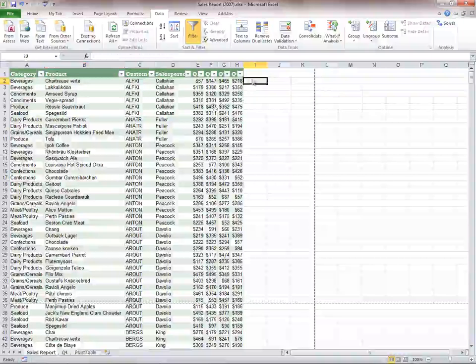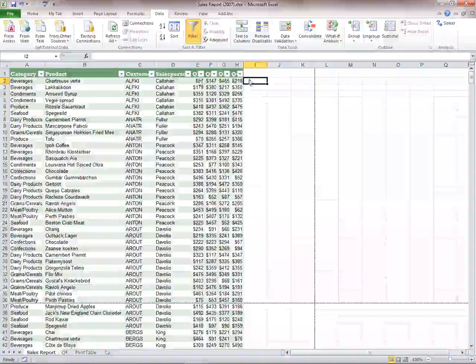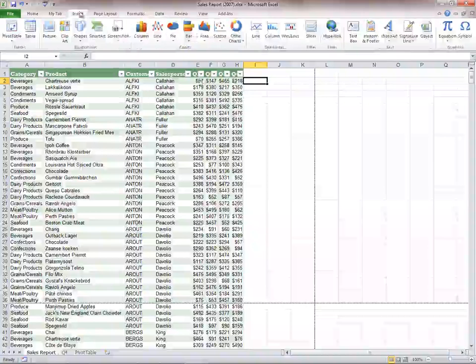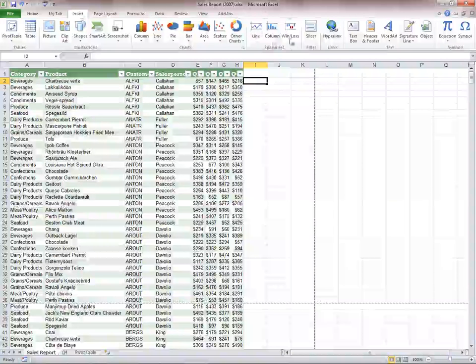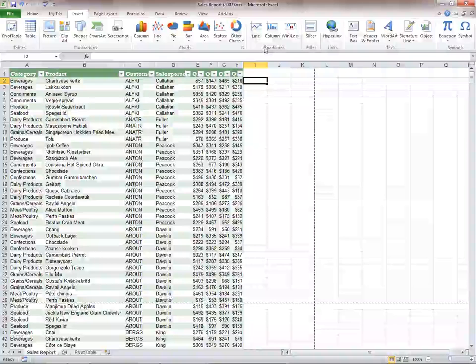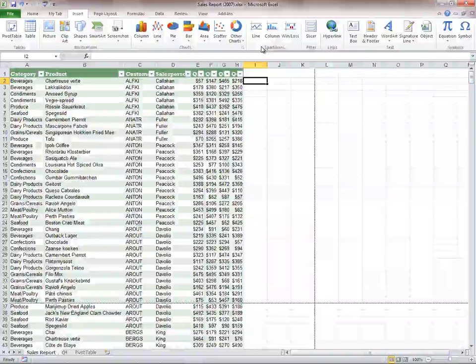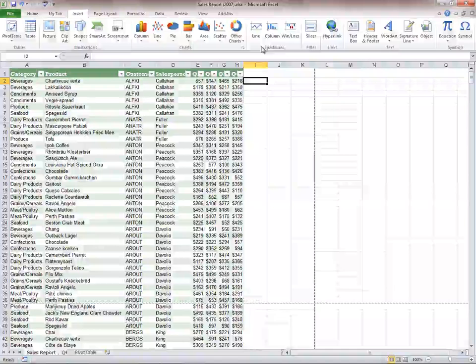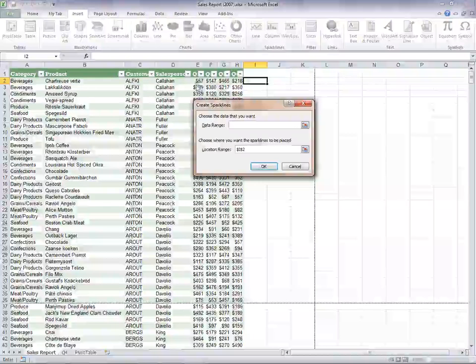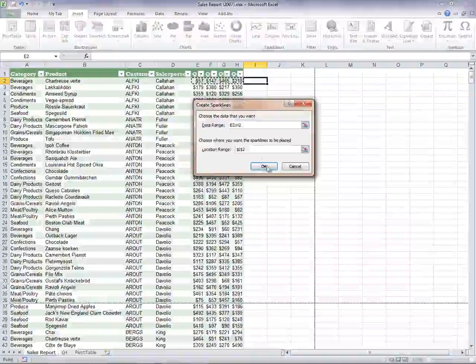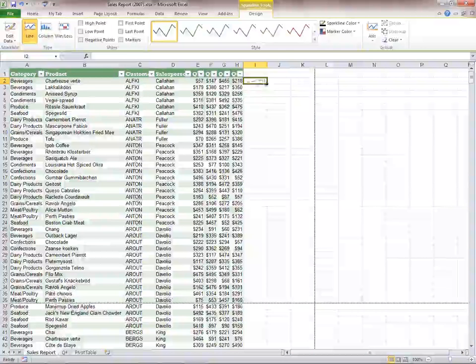Let's go over here to another cell. You can see I've got some quarterly data here. I'm going to go to the Insert tab, and I want to show you this area called Sparklines. Sparklines are basically mini charts that you can put in at the cell level. So for example, if I wanted to see a line chart for this product over these 4 quarters, I can select the data and I can get a visual representation of what our sales growth or lack thereof was during